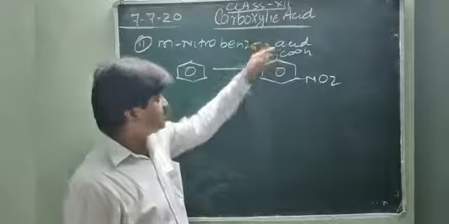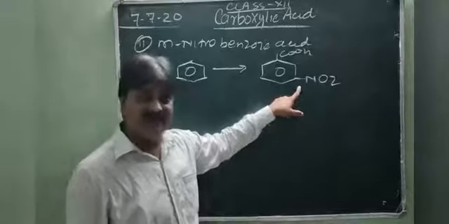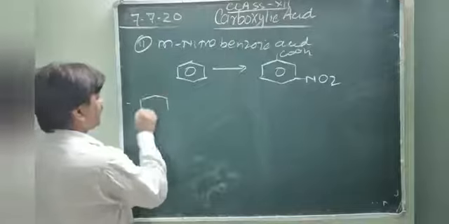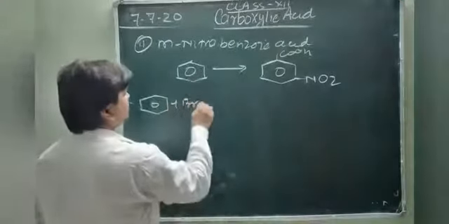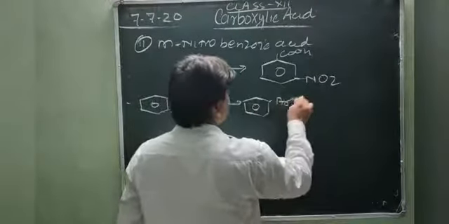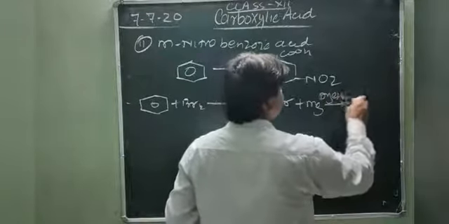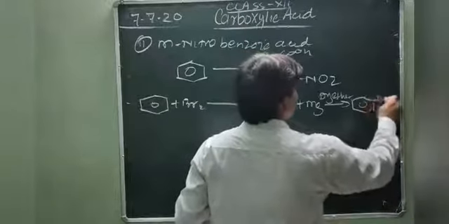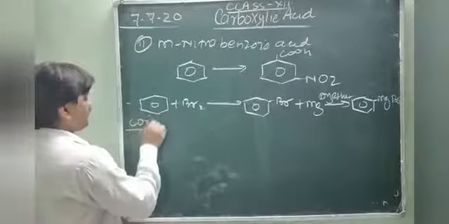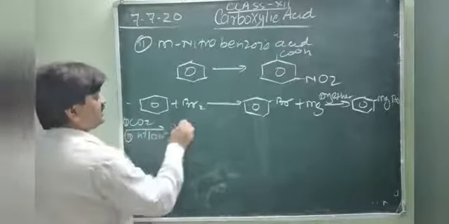This is the first process you have to see. How do you convert benzene to the benzoic acid? And nitro group is introduced by nitration. So you can prepare it. In the first process, benzene is first treated with bromine, formation of bromobenzene, then magnesium in dry ether, formation of phenyl magnesium bromide as a Grignard reagent, and then treated with carbon dioxide followed by acidification.